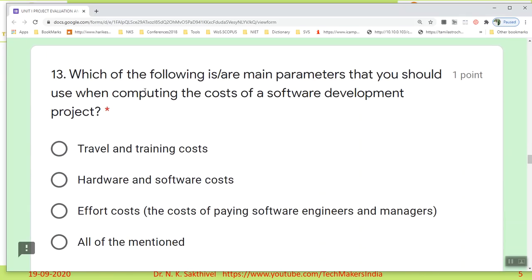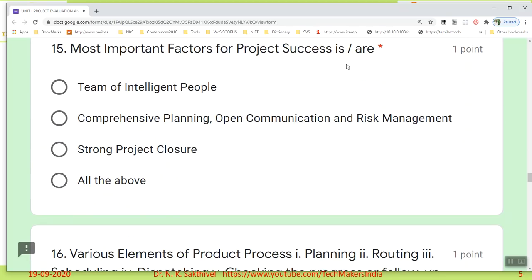13th question, which of the following are the main parameters that you should use when computing the cost of software development projects? Travel we wanted to consider, hardware, software needed, effort, so all the above. 14th, last question. Success factors for project success is,